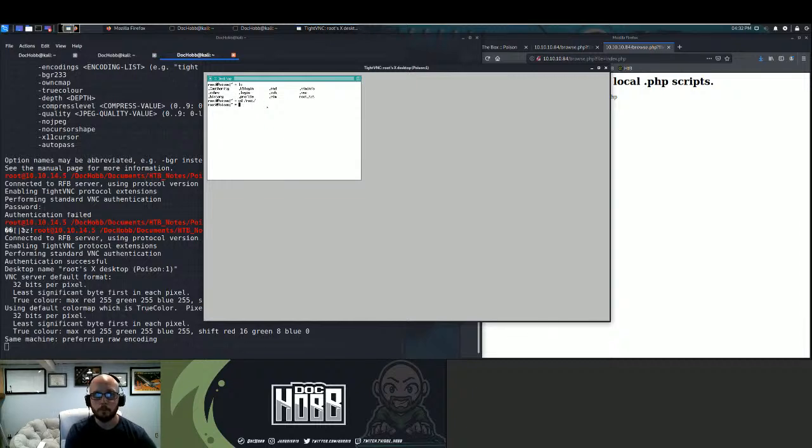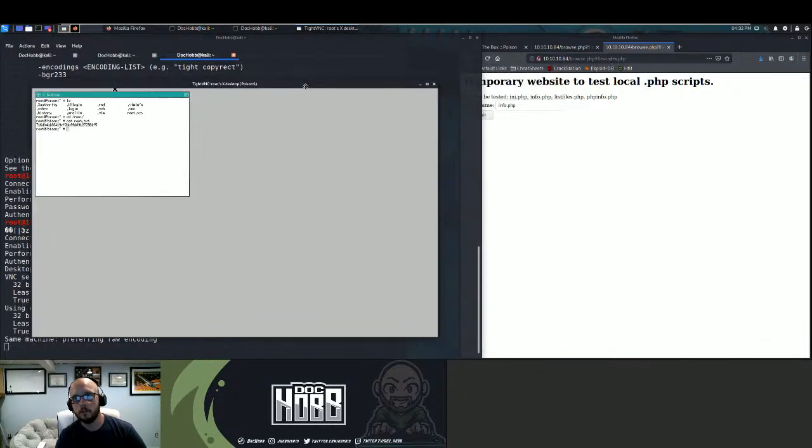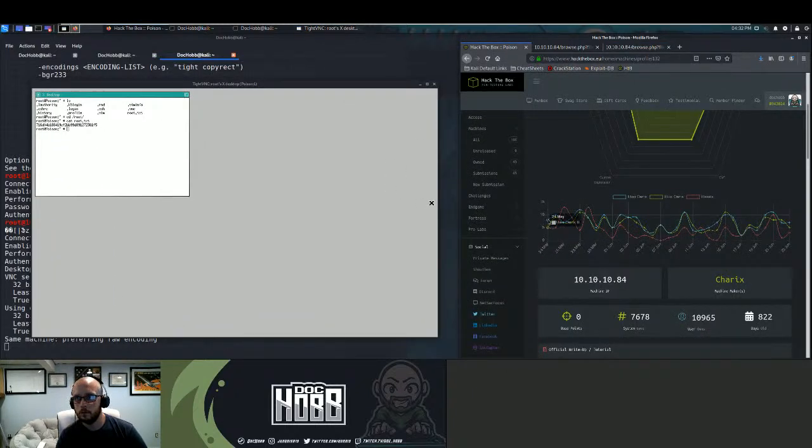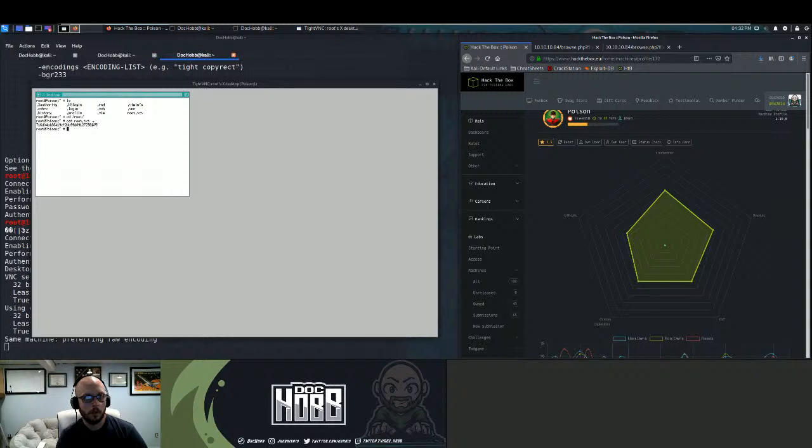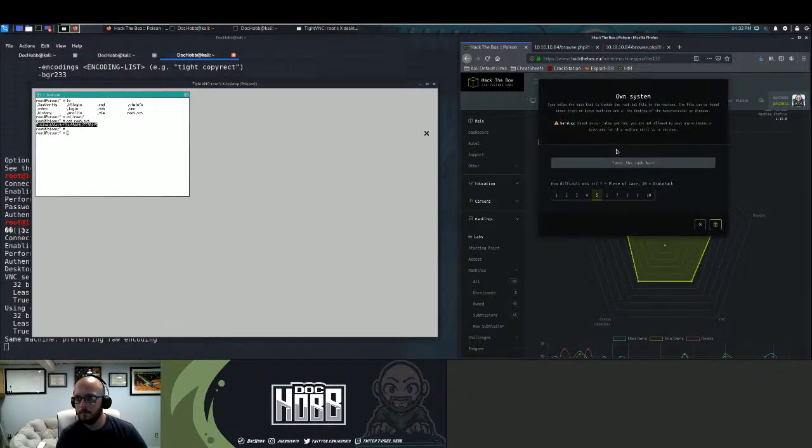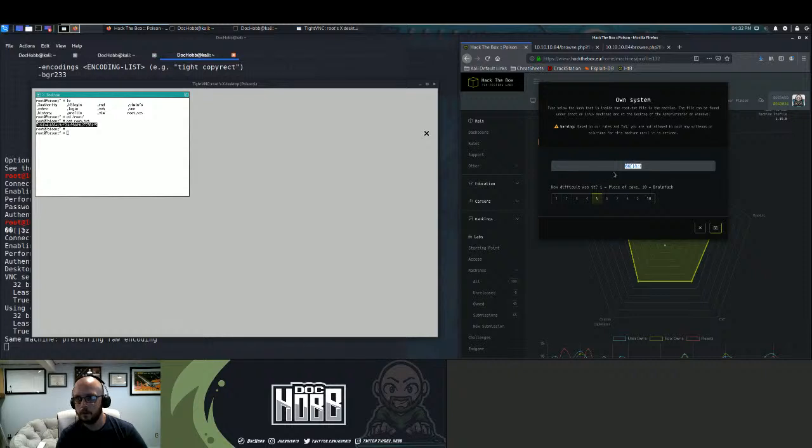That was just in root. I got it. That's not the right one. Am I going to have to type this out? Can I not copy? Control-Shift-C. Oh, you're kidding me.